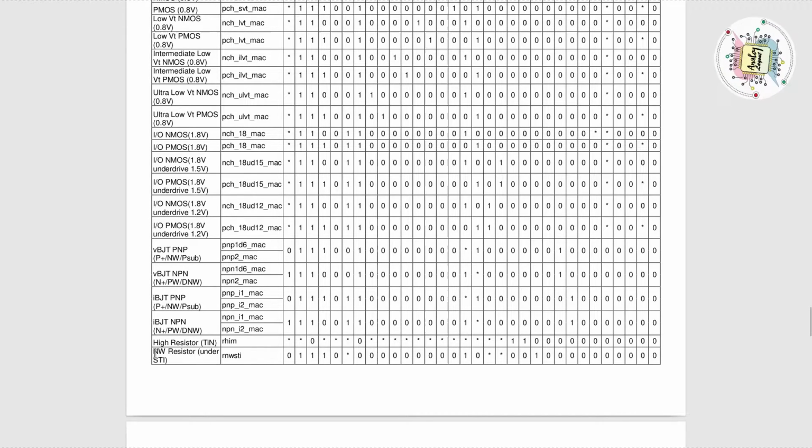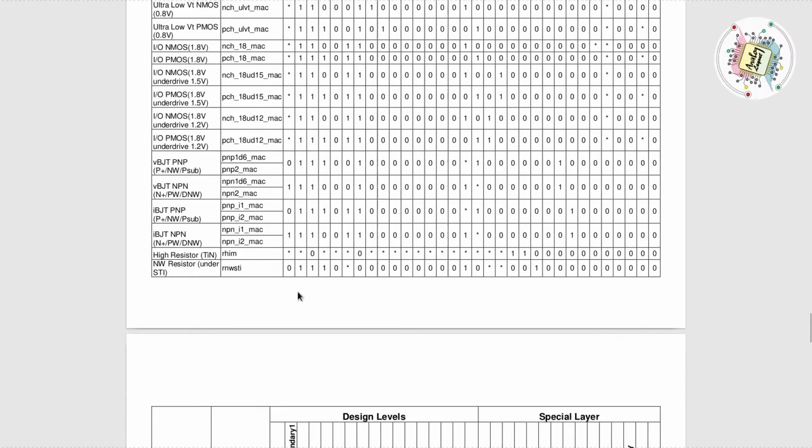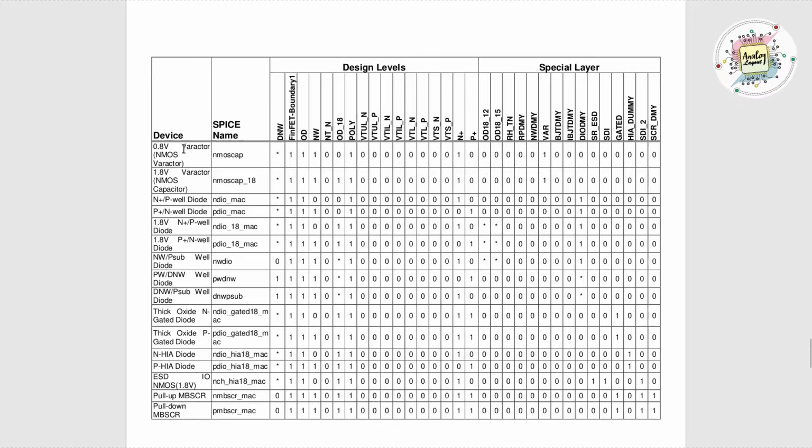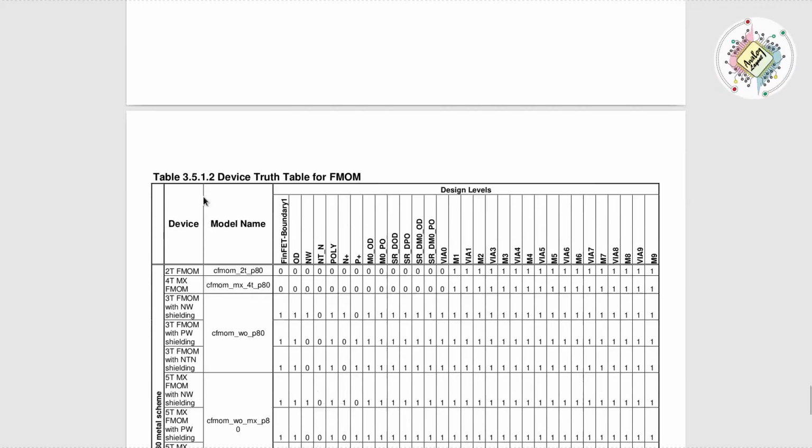Okay, then we have an N-well resistor. The N-well resistor is fabricated under the STI, not on top of the STI. Under the STI, the N-well is going to be fabricated. So we have multiple devices here. These are all special devices like varactor diode, N-well P-well diode, and P plus and N plus diode. We have multiple devices, like the thick oxide P minus gate diode, because diodes are also needed in most cases to design a circuit. So these are all the fabrication truth tables and lithography steps for the special devices. Okay, then we'll move to the next slide.